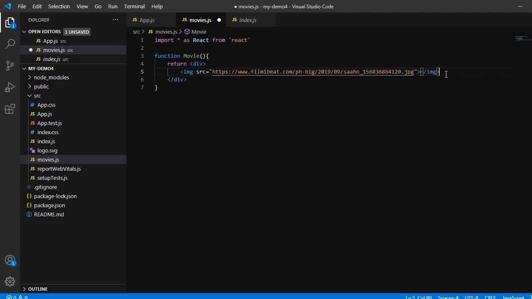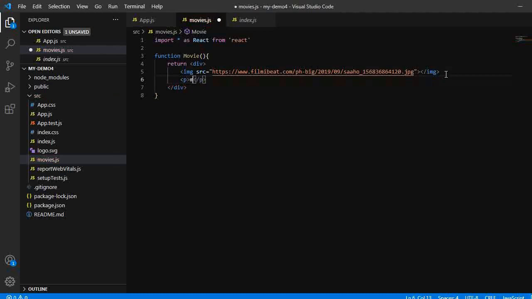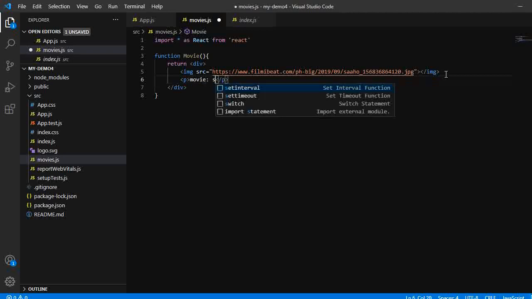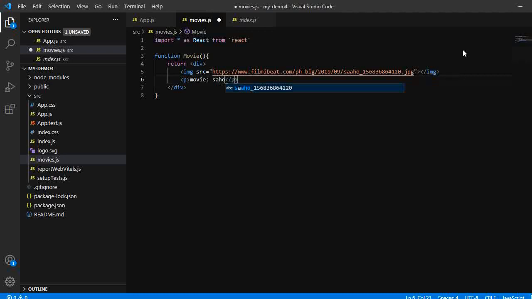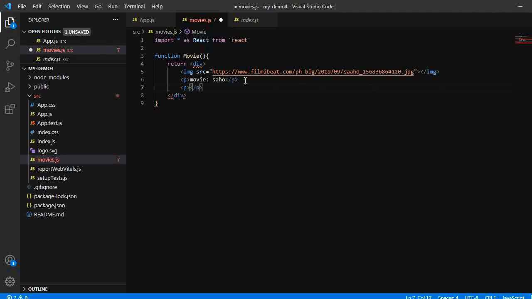And for the properties, for example, I am taking paragraph tags with the movie name. We have so many properties: director name, hero name, heroine name. Movie, Saaho, hero, Prabhas. Like that, you can give more when you are practicing the component concept.